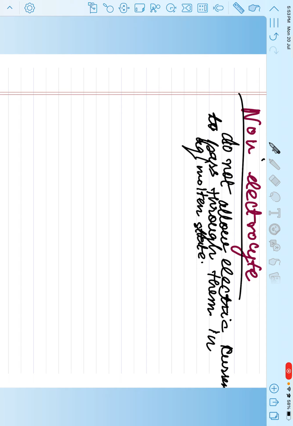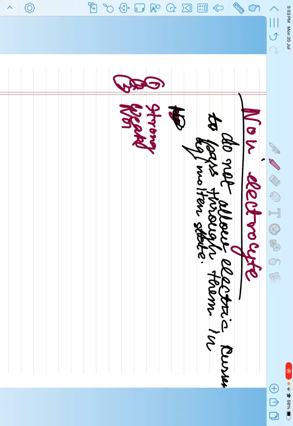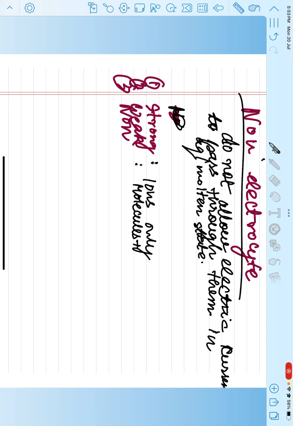Okay, so they have no ions, they have only molecules. So one important concept is, we are talking about electrolytes here: strong, weak and non. किसमें क्या है, strong में ions only, weak में molecules plus ions, एंड नॉन में मॉलिक्यूल्स ओनली।